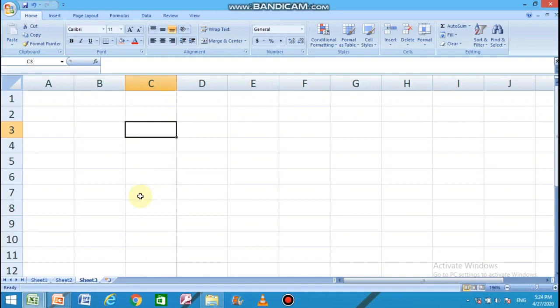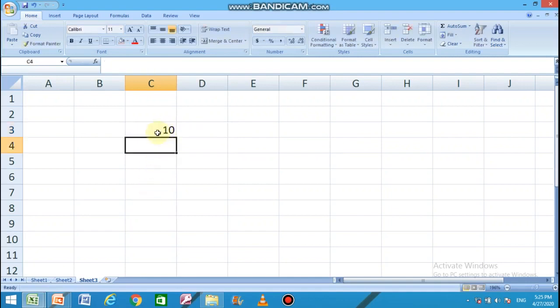Just type equals to, then give the sheet reference like sheet 1 exclamation symbol and then the cell address, that is A1. Write the operator, then give the sheet reference of the other sheet, exclamation, and the particular cell address in which the data is. Now press enter.